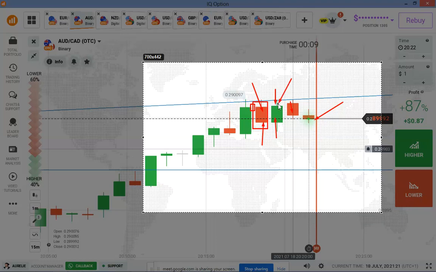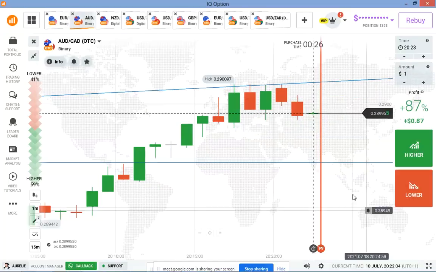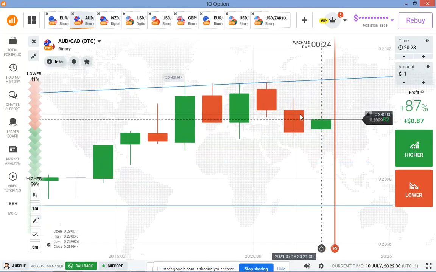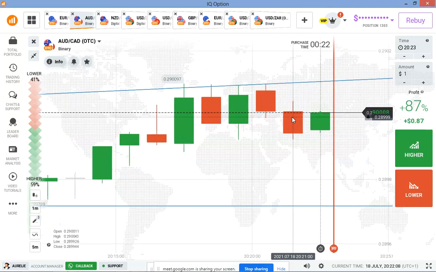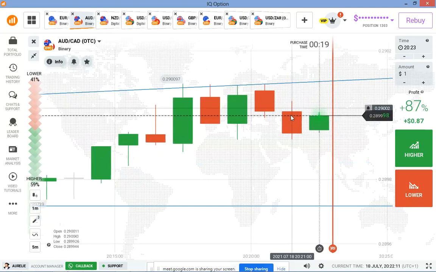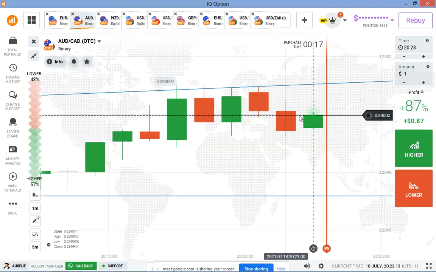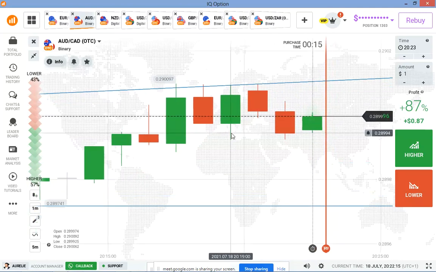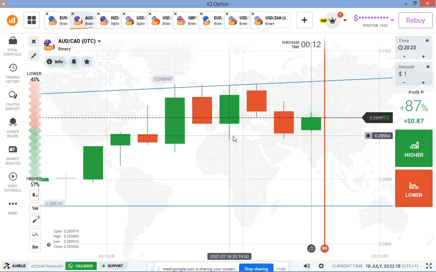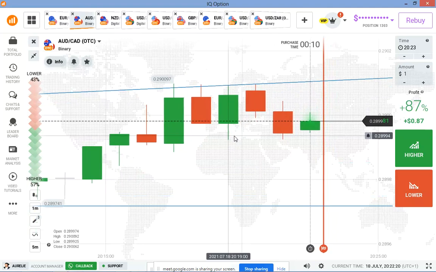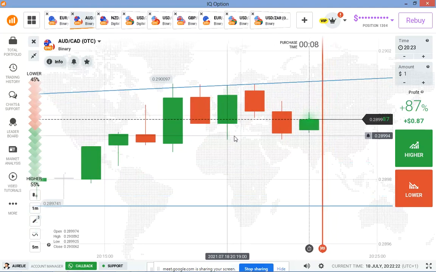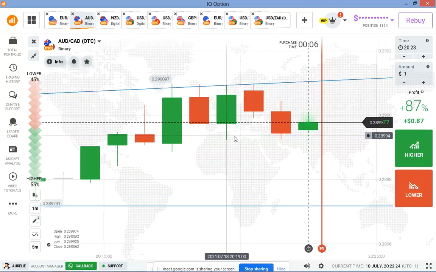Now when buyers enter again, we have a rejection and then we have the lower rejection, sellers' activities. Sellers now show up. The sellers that show up are very strong. So in that case, we can expect sellers' entry on the next candle. Okay, this is how you have to predict the next candle here. Just follow the way the market behaves. Follow the psychology of buyers and sellers here.